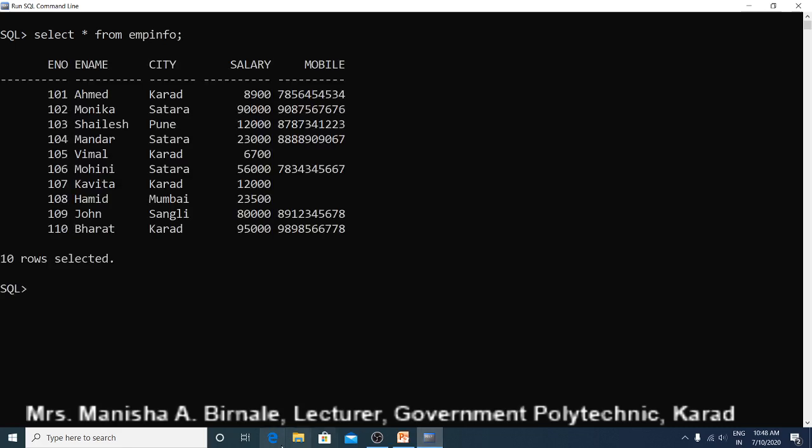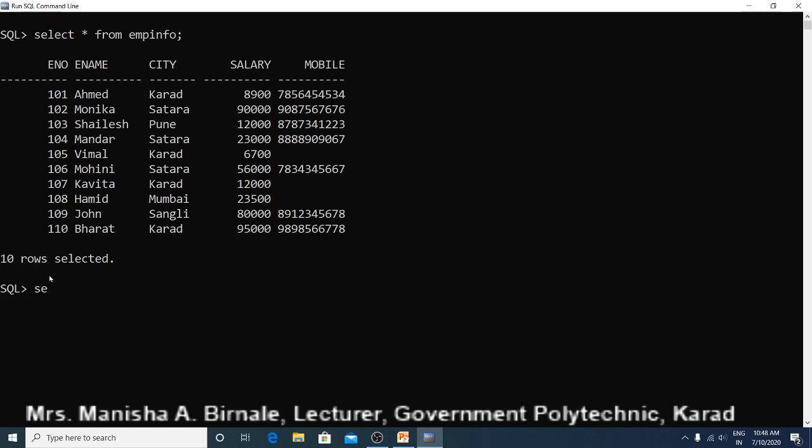SELECT * FROM empinfo. Here you can see information of all employees. There are a total of 10 employees in this table, and we want to display information of those employees whose name starts with M. We can see here there are 3 employees whose name starts with M.